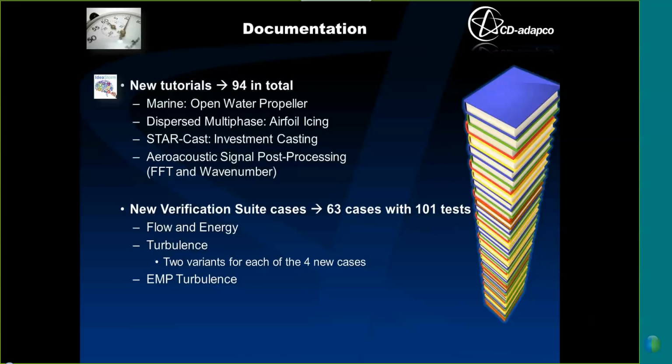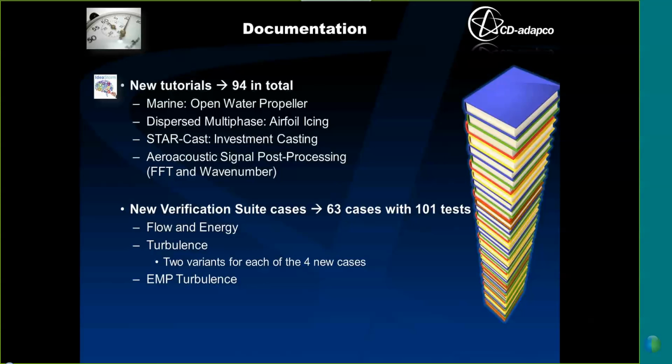We've also added to our verification suite cases. So now we are up to 63 cases with 101 tests, which verify our flow and energy solvers, our turbulence, and this is in this case 2 variants for each of the 4 new cases, and also a variant multiphase turbulence. So with that, I'm going to go ahead and close my presentation, and let's take a look at a